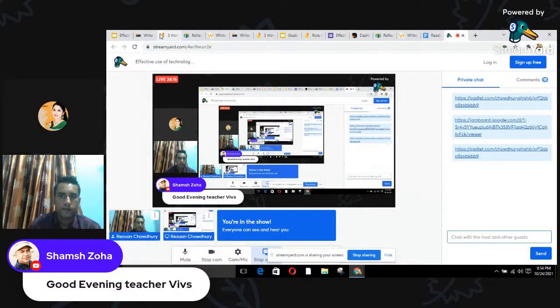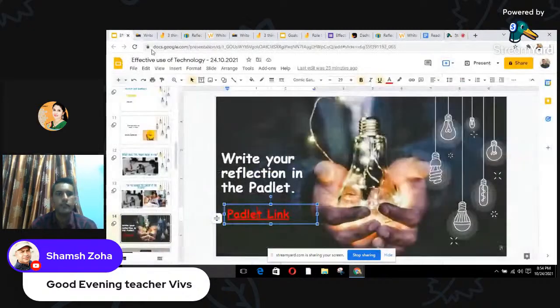They can write in the chat as well, right? Yes, in the comments. You can write in the comments box as well.